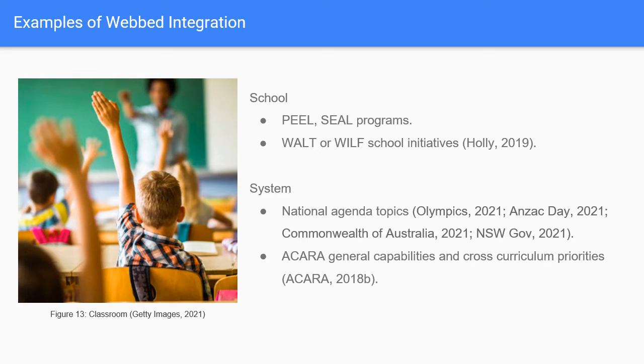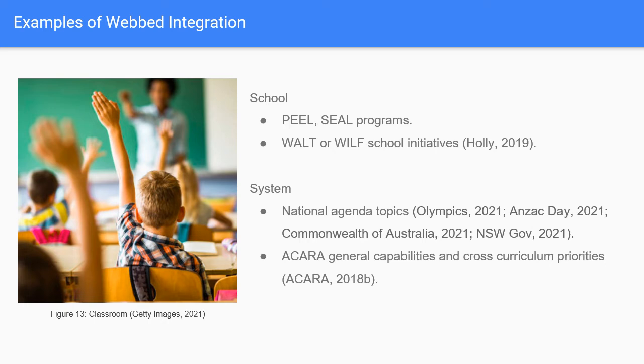System-wide, national agendas which intersect with education use webbed integration. This is done through using themes to develop understanding in all curriculum. Examples of this include NAIDOC Week, Anzac Day, and the Olympics, and so on. These events, which are developed through national interest, are used as the subject matter for learning within school during relevant times Australia-wide. The Olympics, for example, is integrated into PDH, literacy, history, geography, and even numeracy through examining race length,